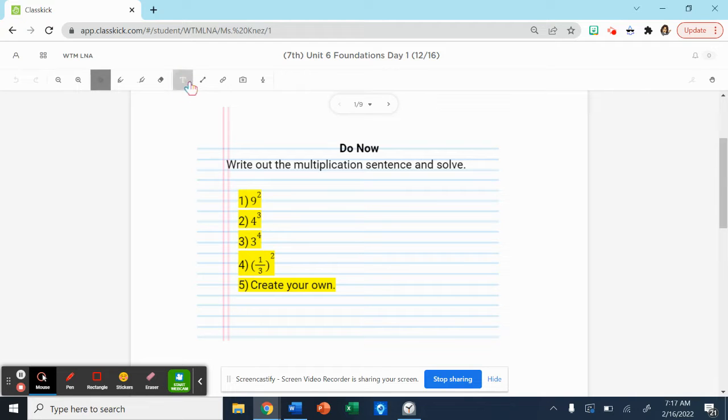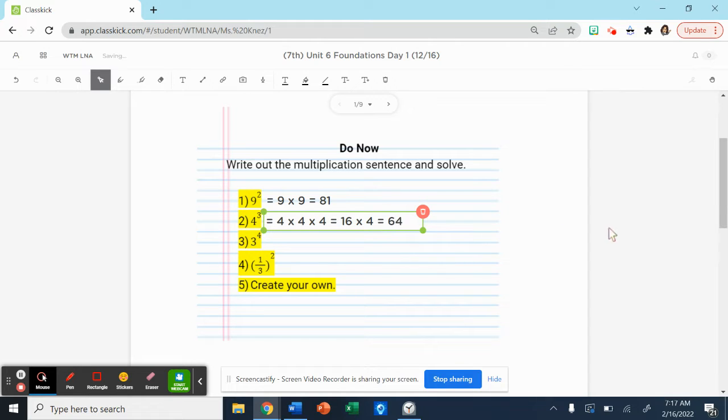Remember that when we're talking about exponents, that is the little numbers above the big numbers, that little number, the exponent, tells us how many times to multiply the big number. For example, 9 squared, or 9 to the second power, means we multiply 2 nines. 9 times 9 is 81. In example 2, we have 4 raised to the third power, so we're multiplying 4 3 times. I know that 4 times 4 is 16, times a third 4 means I have to multiply 16 times 4,